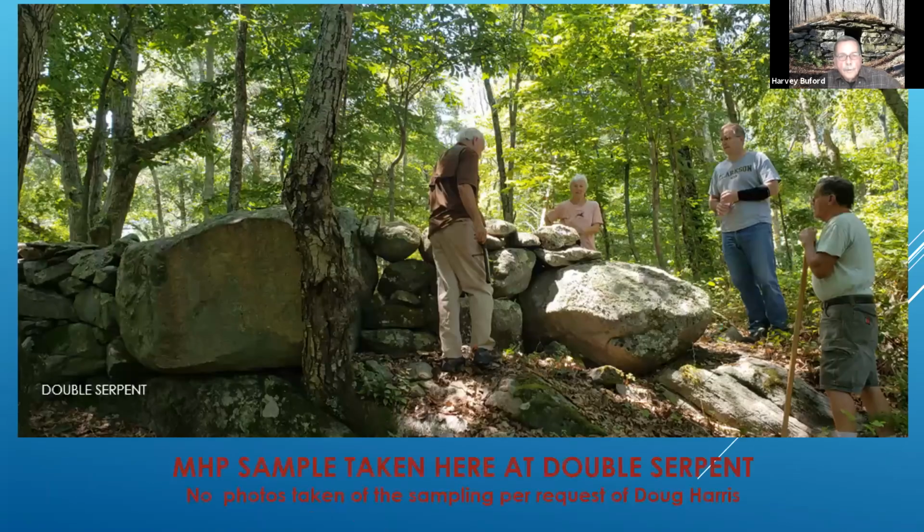Now, this is a photograph of the double serpent stone row effigy at Manitou. The sample was actually taken a little bit off to the left of this photo, and it's an interesting structure in that it is basically stones on a ledge. So it's very difficult to get a good sample, but we did find a place where there was enough accumulated sediment that Shannon was able to